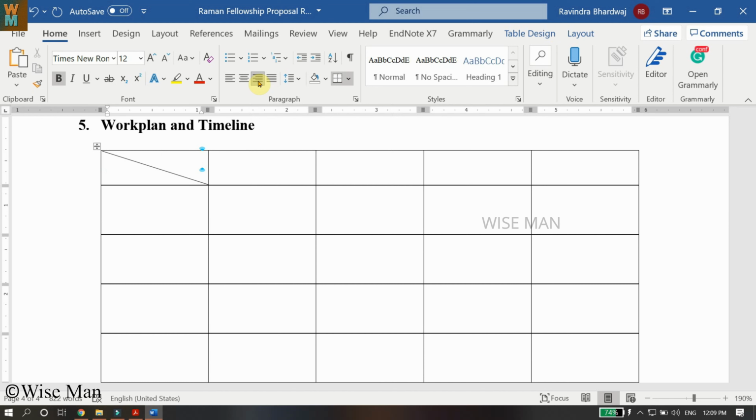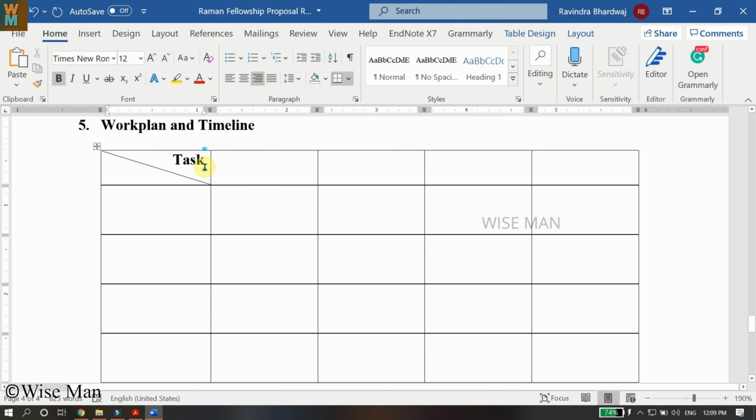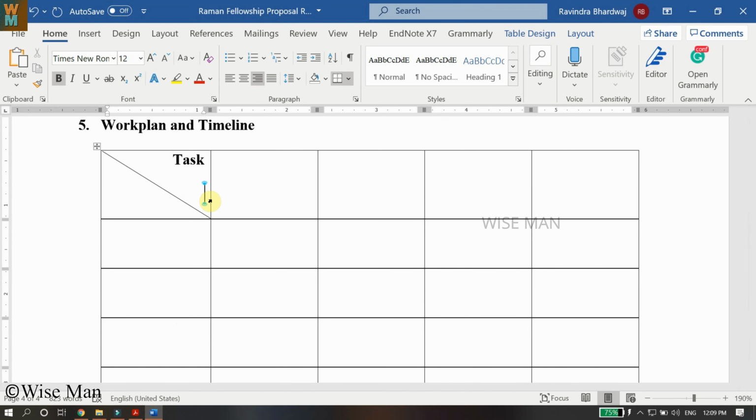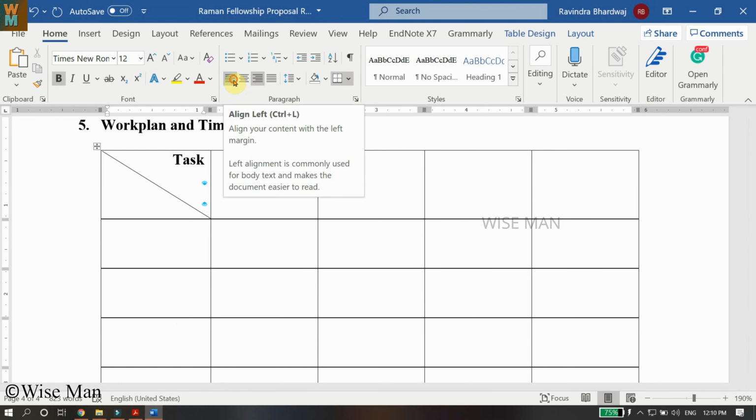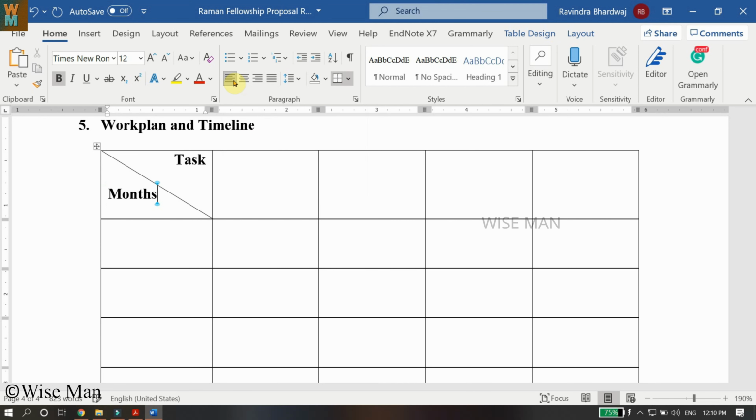Now let's say I want to write Task over here. Task is for the columns, and now I want to write Month over here. For that, hit Enter, select this one, align left, and write Months.